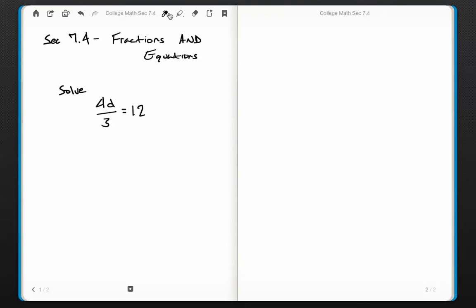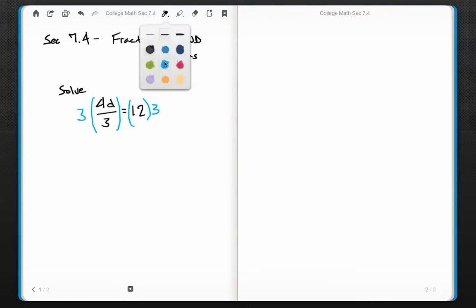So I'm going to multiply both sides. I'm going to put parentheses around here and put parentheses around here. I'm going to multiply both sides by 3. All right, well, what good does that do me? Let's take a look. If I multiply both of these by 3, oh, look at this. The 3's here cancel out. That's pretty nice. So then I can say